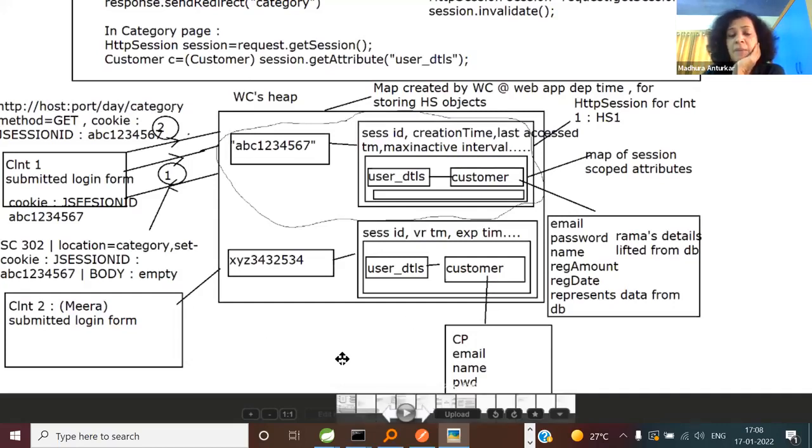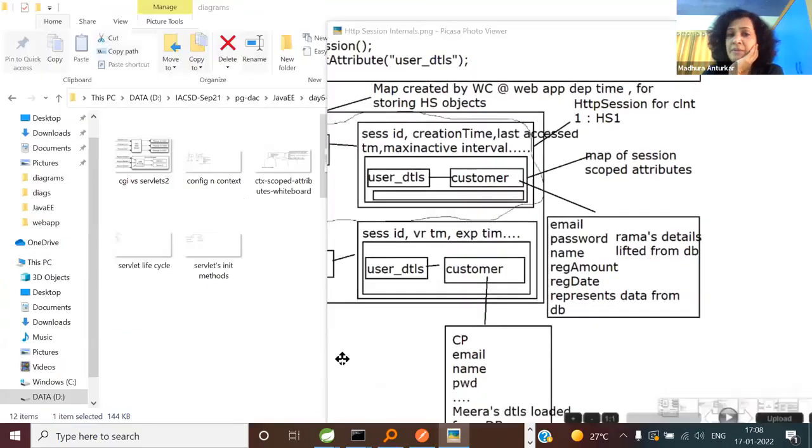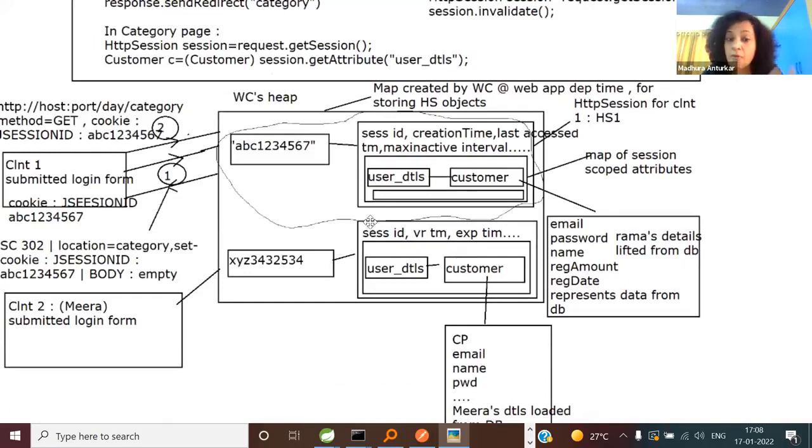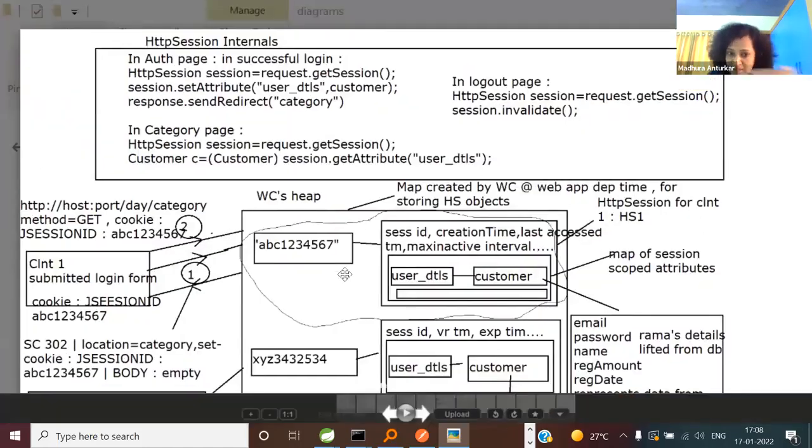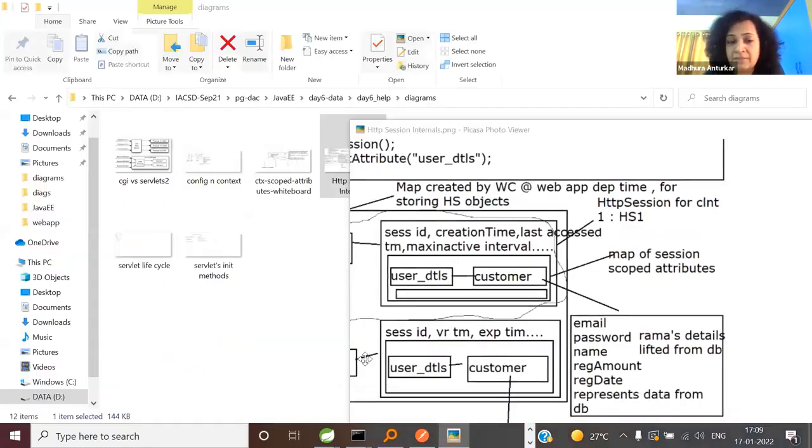This outer map will be what? Empty or populated? Of course, empty. So now, can anyone tell me? Okay, before I ask you a question, a map is full of entries, key and value pairs. So when will this outer map start getting populated? Can you tell me the Java statement, which is what you have to do to add the entry in the outer map? Outer map, I'm saying. Give me the J2EE API which will add the entry in the outer map.